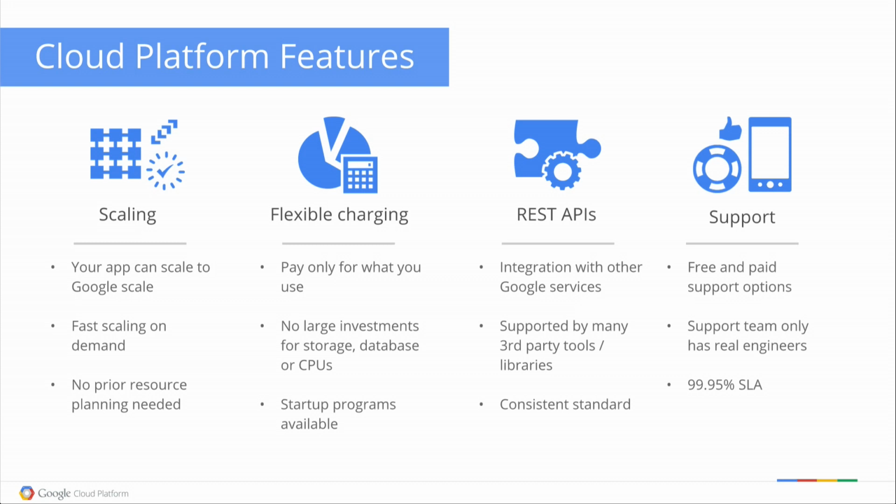Also, because of the ability to auto-scale, you don't actually have to plan ahead for resources. When we use App Engine, which we'll look at again shortly, App Engine will scale up, spinning up instances as required to meet the demand from the traffic to your application. Also, flexible charging. Again, we go back to what we said before: pay for only what you use. This is quite important to anybody developing applications in the cloud. If you're paying for things that you're not using, say you use a virtual machine for 20 minutes and you pay for an hour instead of just those 20 minutes, then that's not very efficient for you.